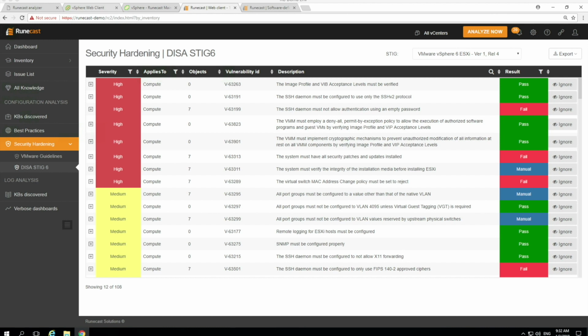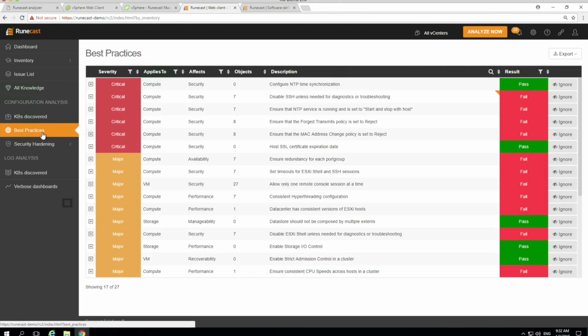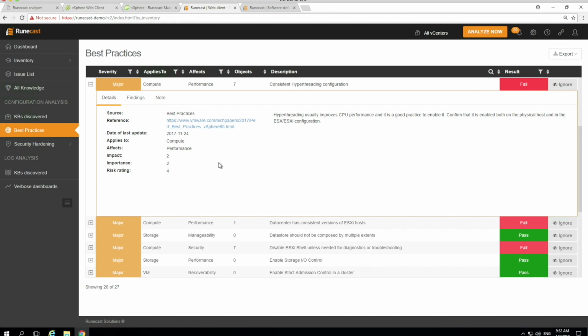One other thing I should mention here, we'll go back to best practice, probably a good example. Basically, we recognise, from experience, that you don't want to be bombarded with loads of issues when they're not actually relevant, because there are perfectly legitimate reasons and requirements from your workload why you might not want to adhere to a best practice. For example, a classic example is a high-performance compute cluster, where you might want to disable hyperthreading, whereas it's a standard VMware recommendation to enable it. So you don't want to be warned every time for a particular cluster if hyperthreading isn't enabled for it. So if I just pull that one out, there's one there.